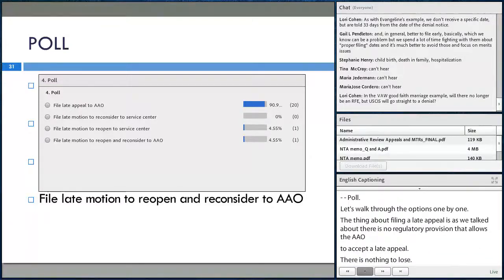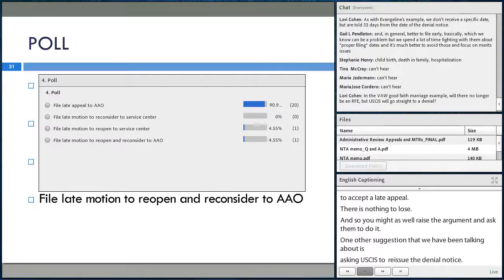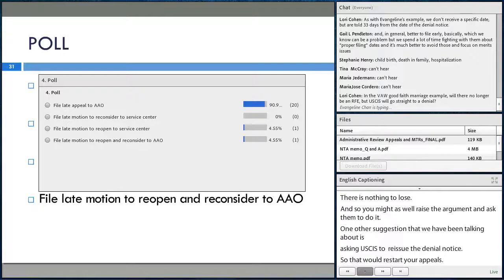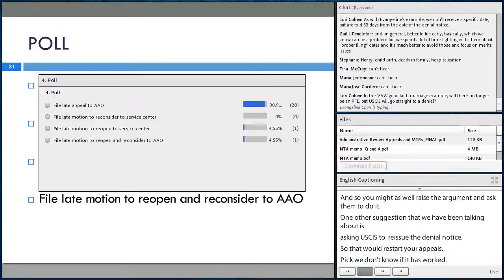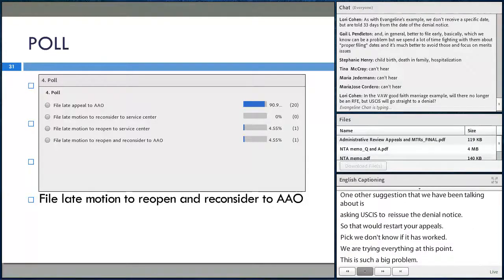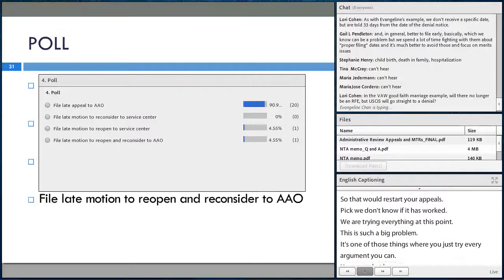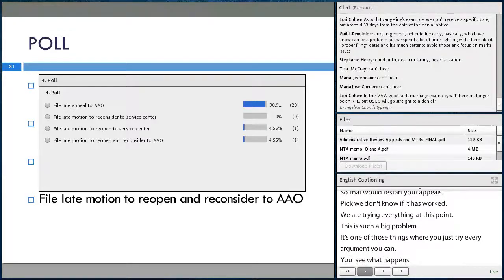One other suggestion that we've been talking about is asking USCIS to reissue the denial notice so that would restart your appeals period. We don't know if this has worked. We're really trying everything at this point because this is such a big problem. So you just try every argument you possibly can and see what happens. And as I mentioned earlier, as long as your appeal satisfies the requirements for a motion to reopen or a motion to reconsider, then even if they don't accept the appeal because it's untimely, they should still consider it as a motion to reopen or reconsider. The thing to keep in mind is,